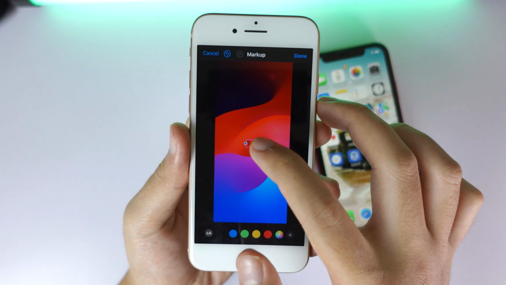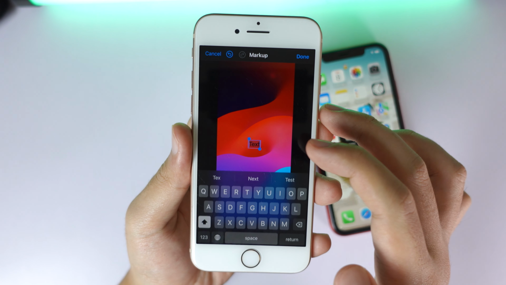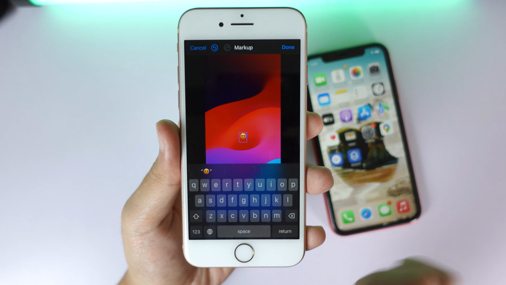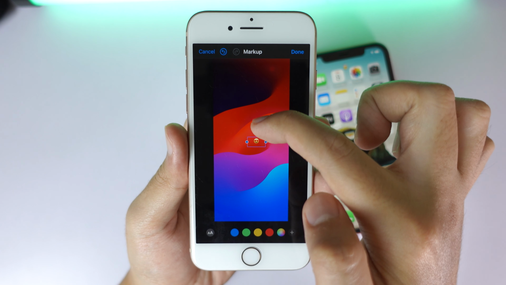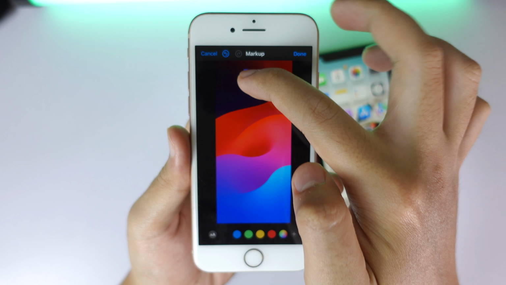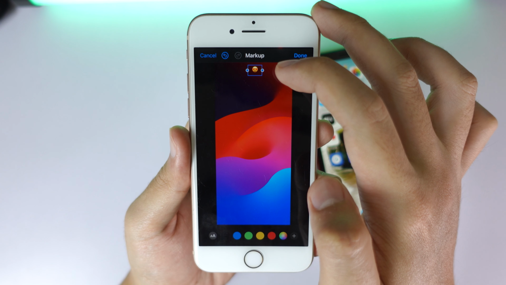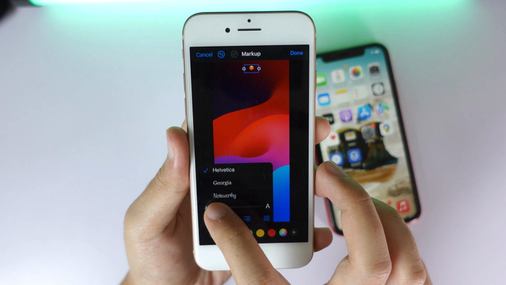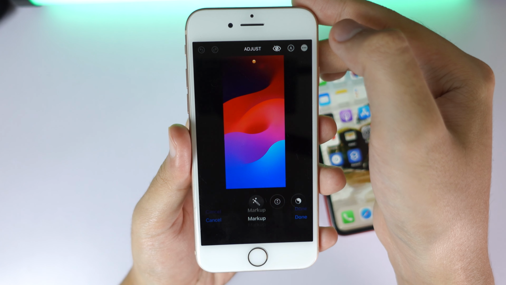and you're gonna select on text. And from here you need to make sure you click on edit and paste the emoji that you have just copied. For me it is smiley face with heart eye, and then you're gonna move it to the top. I'm gonna hold on it, move it to the top of the screen, make sure it stay in the middle, somewhere here, and you can resize it as well. So I'm gonna make it a little bit smaller,